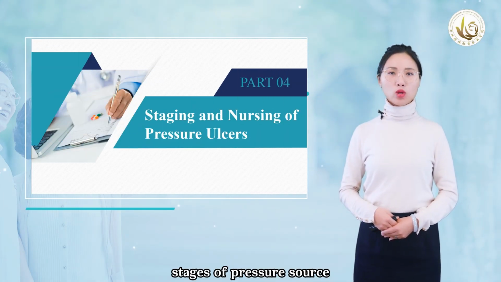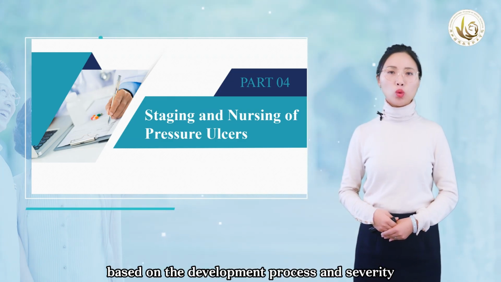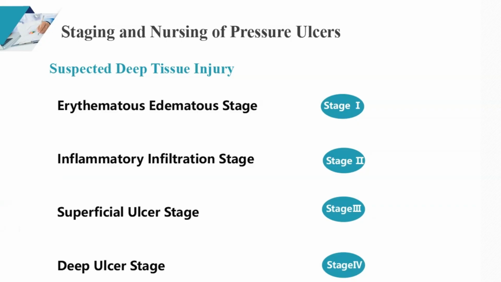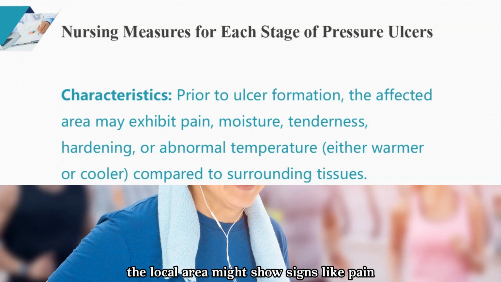4. Stages of pressure sores. Based on the development process and severity, pressure sores can be divided into the following stages: suspected deep tissue injury, stage 1, blanching erythema, stage 2, inflammatory infiltration, stage 3, superficial ulceration, stage 4, deep ulceration, unstageable. Before a pressure sore appears, the local area might show signs like pain, softness/fluctuation, hardness, higher or lower temperature